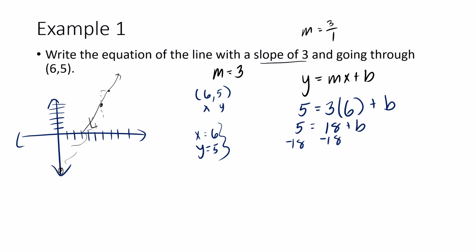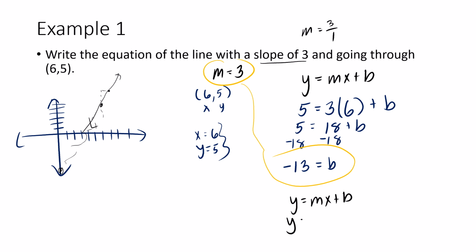On my left, I have 5 minus 18, which would give me -13. 18 minus 18 is 0. And now I have a value for b. So now if you look at this, we have a value for m and we have a value for b, which means that we are green lighted for writing the equation of a